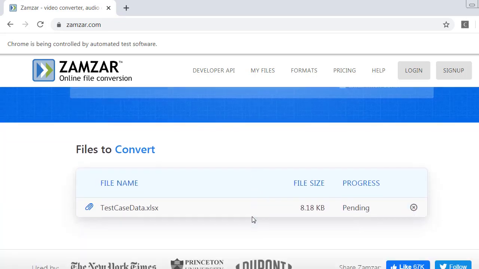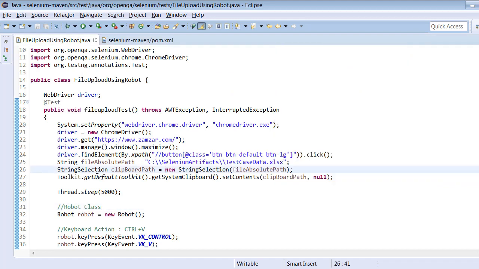Now the file is able to load successfully here, and we can see this XLSX file is added to the website. So a very important point, we have to understand the timeouts are very important in Selenium, because we executed this program without a timeout, but we were not able to achieve this functionality. So we added 2 seconds, still not working. Then we tried 5 seconds, then it is working successfully.